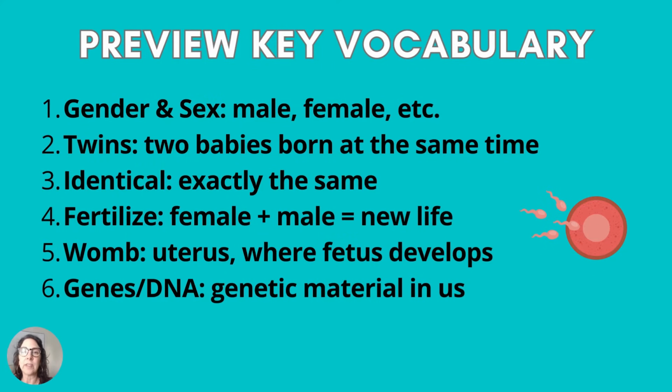So gender is a little bit different because someone can be born male but may identify more with the female gender. The next word is twins, and twins are 2 babies that are born at the same time